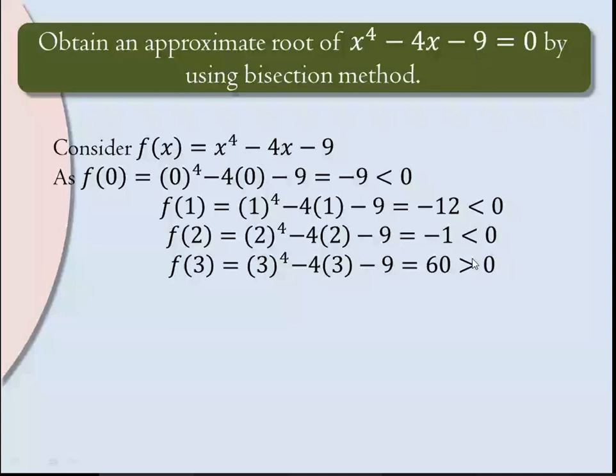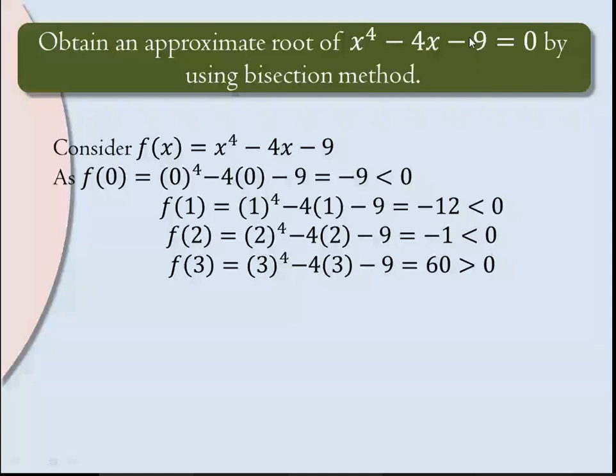This is negative, this is positive, so the root must be in between these two. Whichever consecutive values we have, if one is positive and the other negative, then in between them we must have the root. These values we are taking arbitrarily; you can check negative values too. Here, the power is 4, so there are actually 4 roots of this equation, and one of the roots we are finding by this method. There may be some other root in the negative interval.